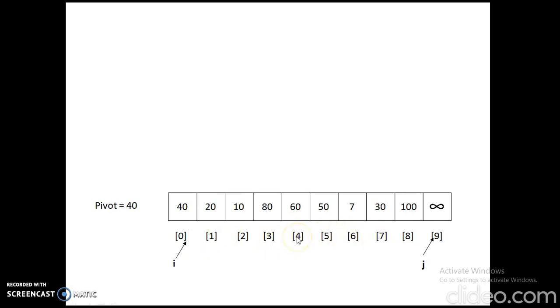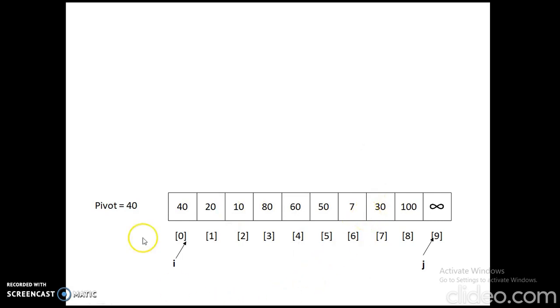4. The reason is that it should be placed in position 4, because we have four elements lesser than 40, that is 10, 7, 30 and 20. So 10, 7, 30 and 20. The final position would be 4, such that with 40 in the fourth position, all the elements towards the left are less than or equal to it, and all the elements towards the right of 40 are greater than or equal to it.